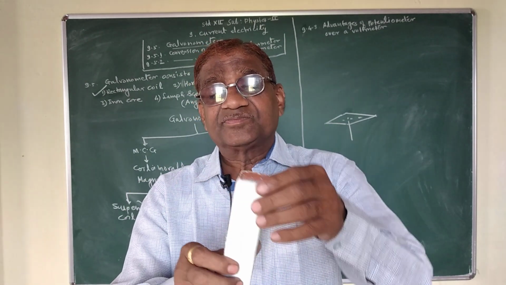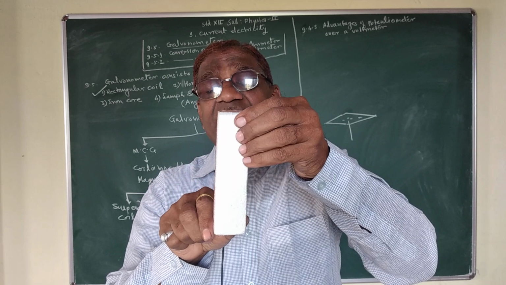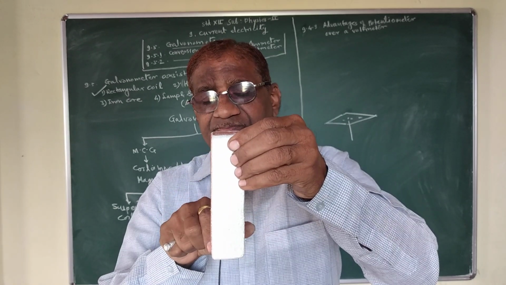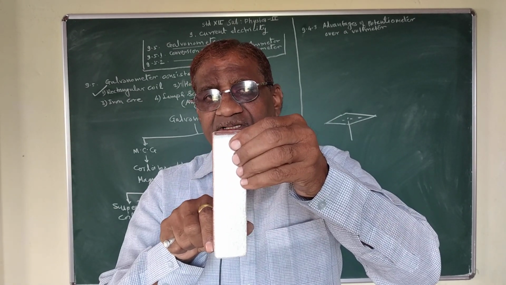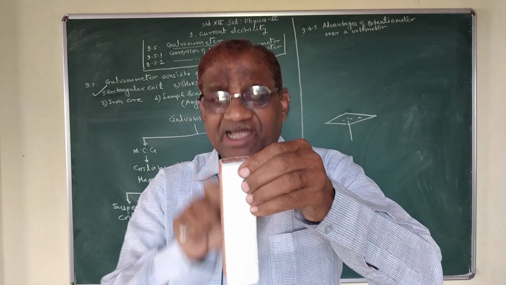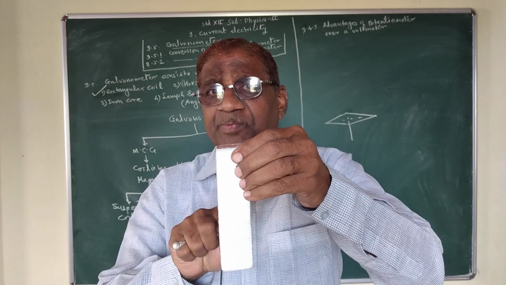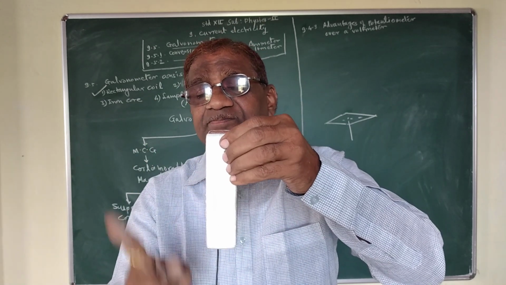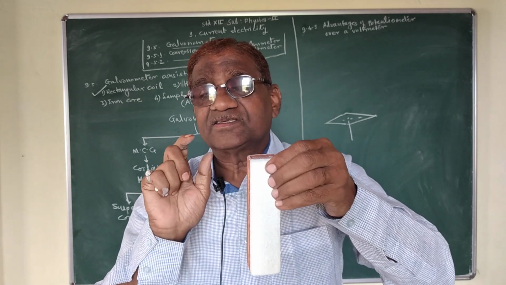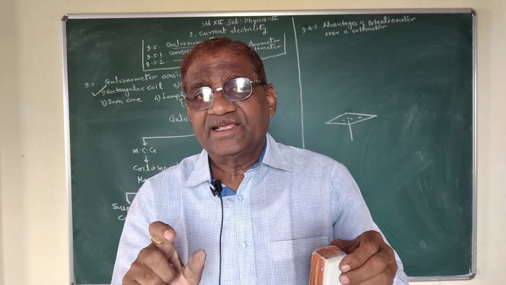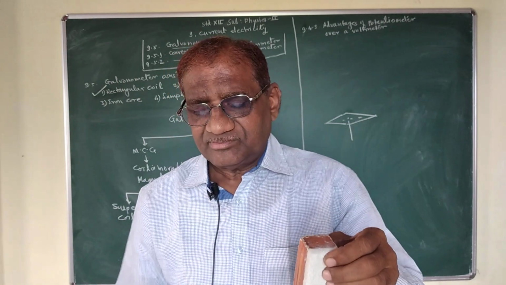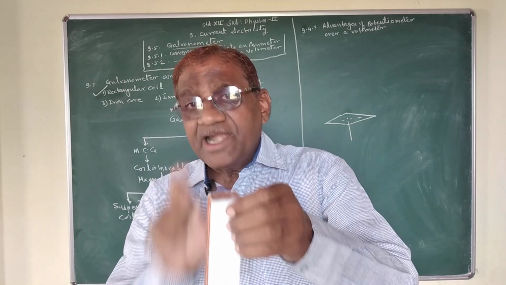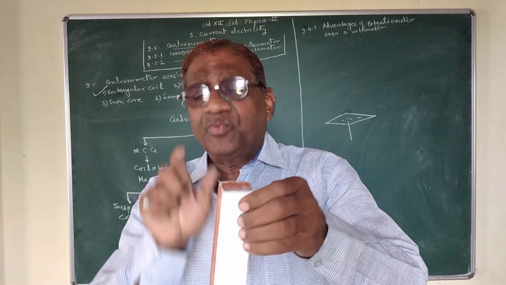horseshoe magnet. This rectangular coil is kept in the strong magnetic field which is produced by the horseshoe magnet. The second part is horseshoe magnet. It is a permanent magnet of which poles